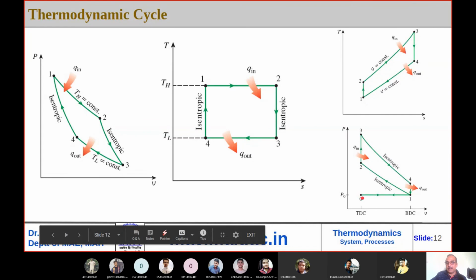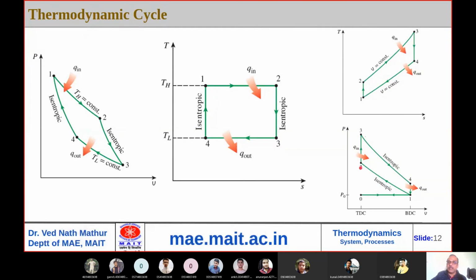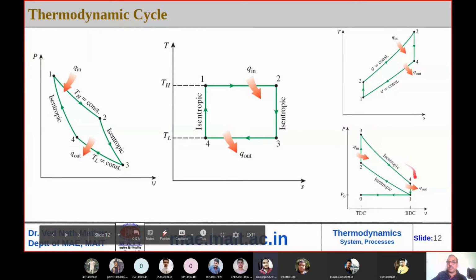If you have attended the last 2 or 3 classes, last class I said suction, it goes like this. In an actual cycle isoentropic compression is a curve, and it's not constant volume heat addition. The heat addition process is again represented by a curve, and it's not isoentropic expansion, it's again represented by a curve. So there are no sharp corners in an actual cycle, they are all curved. So this is the Otto cycle represented on a PV diagram, and this is the same Otto cycle represented on a TS diagram.